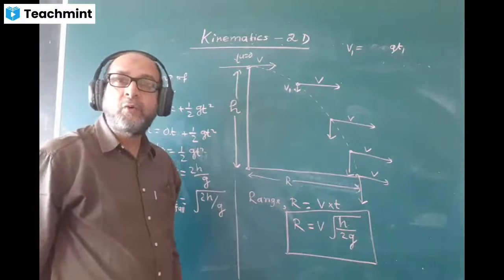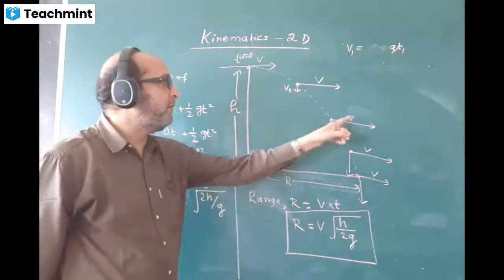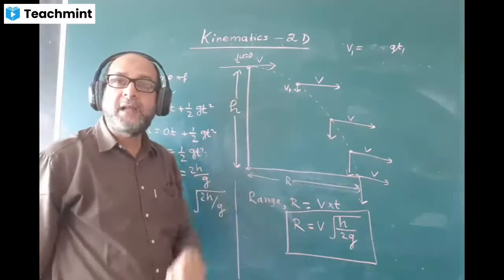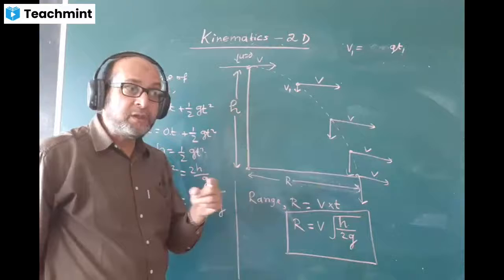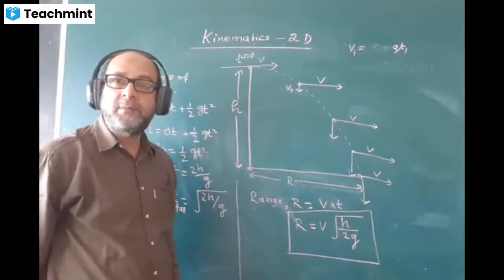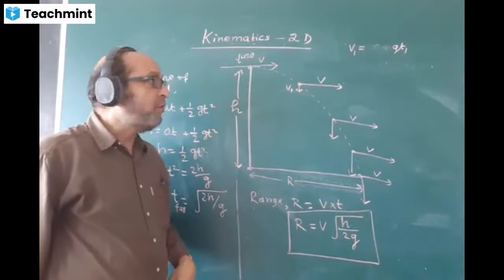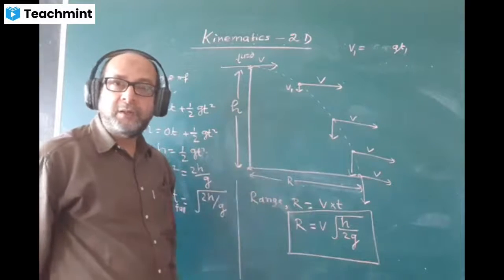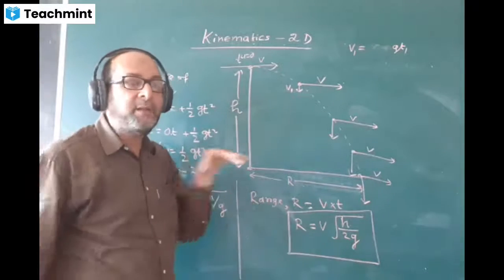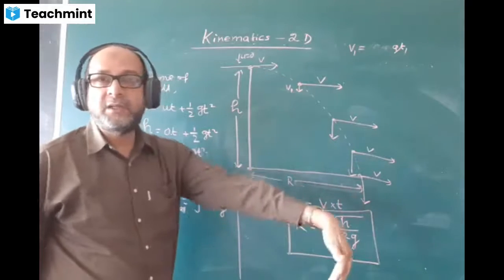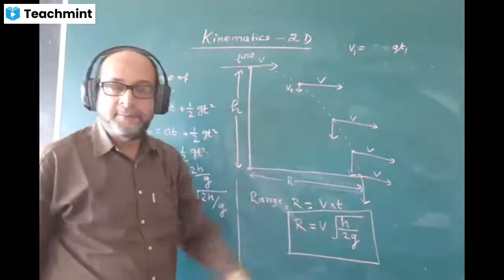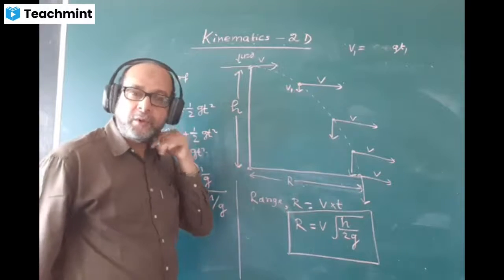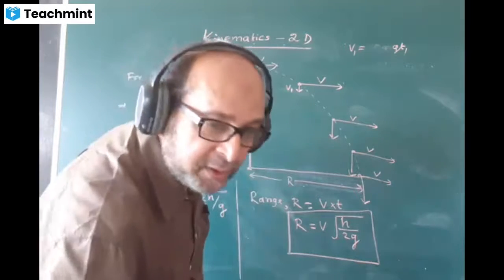And if they ask you to find the total velocity, it will be a Pythagoras sum, because the angle between horizontal and vertical is 90 degrees. We will use the Pythagoras theorem to find the total velocity of the body. Here also the body has two motions, horizontal as well as vertical. The body is falling down as well as covering a horizontal distance. That way the body falls down like this. So this is the second case of projectile motion, or kinematics in two dimensions.